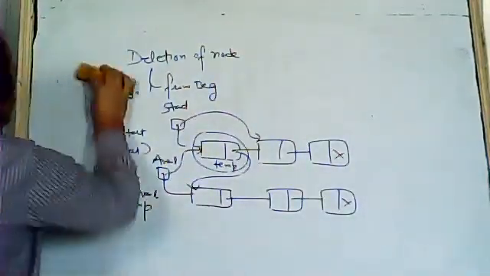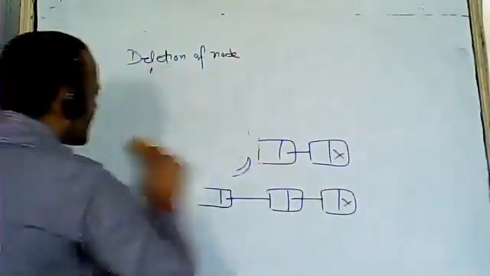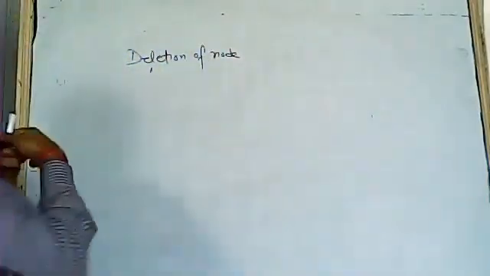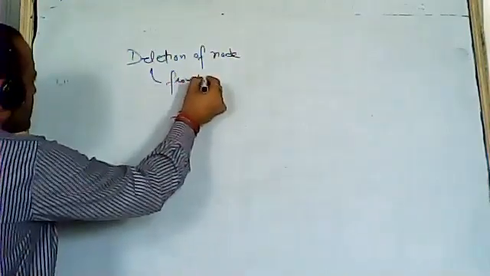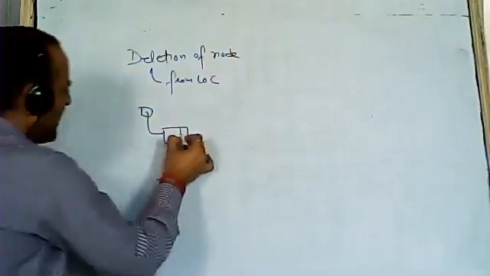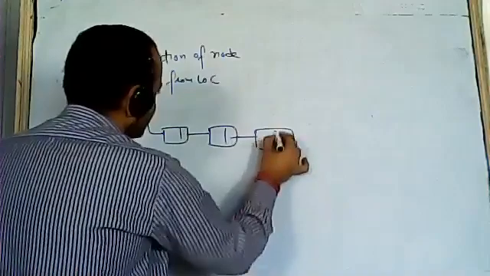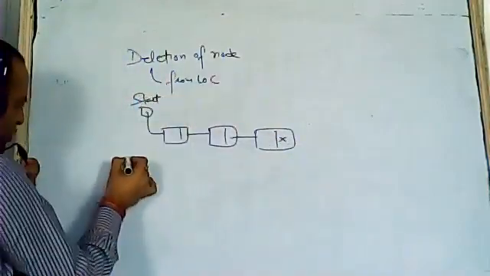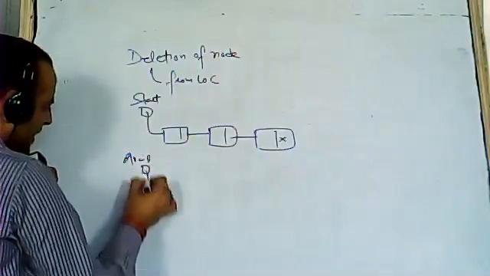Now we will do the second case, insertion or deletion from the location. Deletion of node from the location. Now again I will do the example, then we will go for its algo, because if the example is clear, we can write the algorithm very easily. You do not need to cram any algorithm.